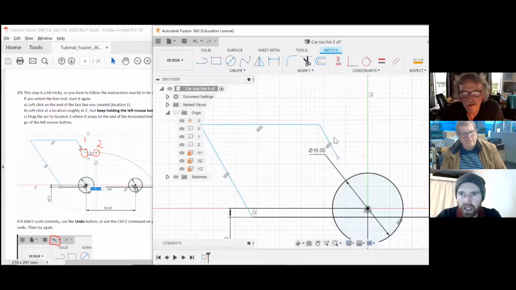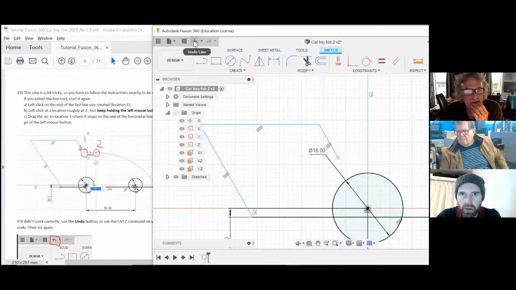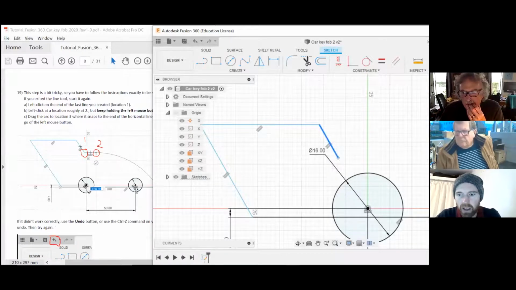Yeah. So to undo that, you can hit the back button, hit the undo line, or you can just select lines and delete them, like so. And to create a new line, you'll have to come into the tool again, click on there, and